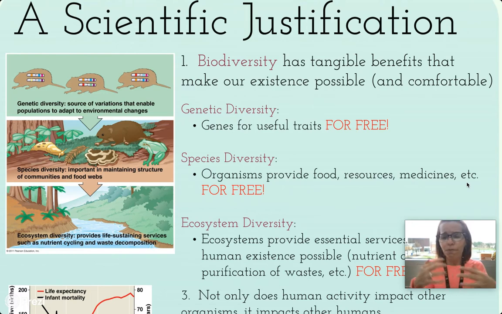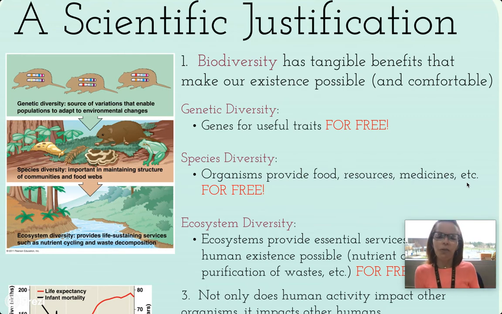Right now, our farms are usually extremely not diverse. Usually human farms are what we call monoculture, one species growing there. And that means that we have to fight pests and we have to fight diseases and we have to spray pesticides and we have to add fertilizers. You don't have to do any of that in a diverse ecosystem. It takes care of itself and it's free.